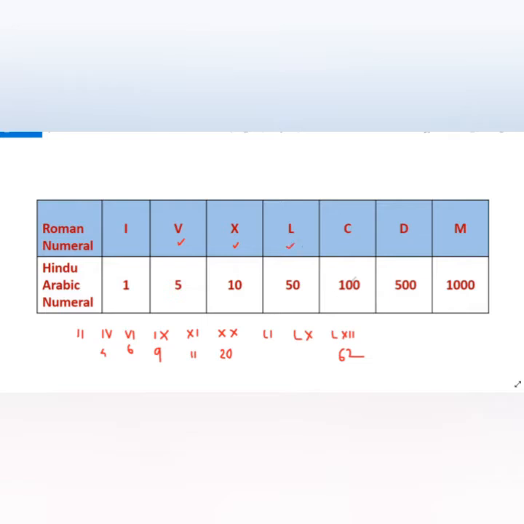Then what is the 100 symbol? 100 is C. C is representing 100. So 100. Now 836, how to write 836? 800. If I am right, 100 is here. Then D is representing 500. So how to make 800? 800 means 500 plus 300 is 800. Okay. 500 plus 300, 800. So the 500 symbol is D.